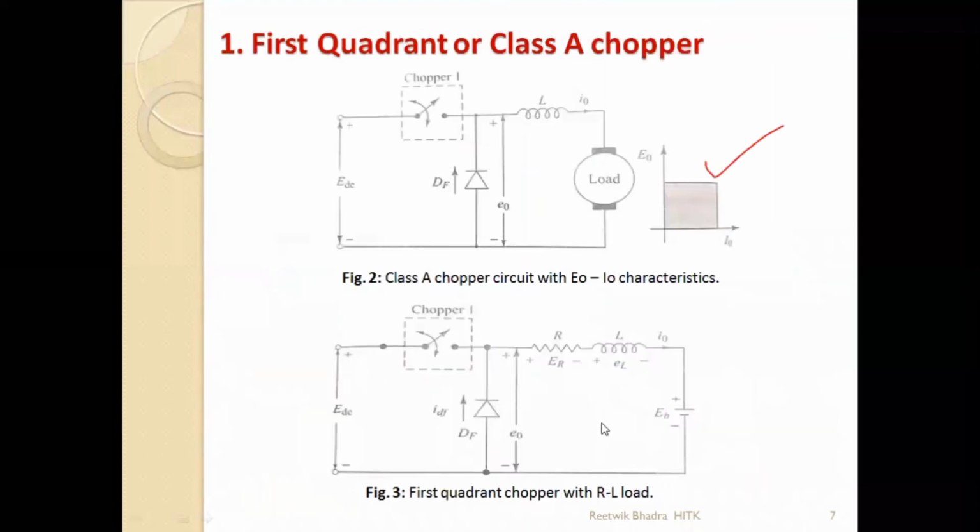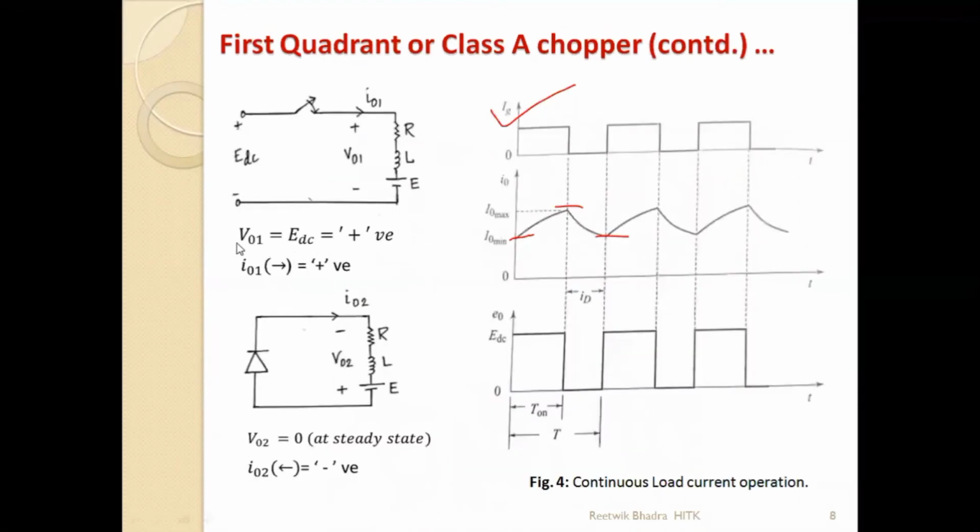Practically, how should we understand this circuit? We should draw the circuit, first the main circuit like this one. Then once the chopper is on, we'll draw a circuit, apply KVL, and write our equation. At steady state, all values will be written at steady state. Give our directions of currents and write whether it is positive or negative. Again, when the switch is off, we'll draw a circuit and write the equivalent voltage and current, and then we'll try to plot this. If I tell you to write mathematically, then you have to draw these two figures, apply KVL, and write these two equations.